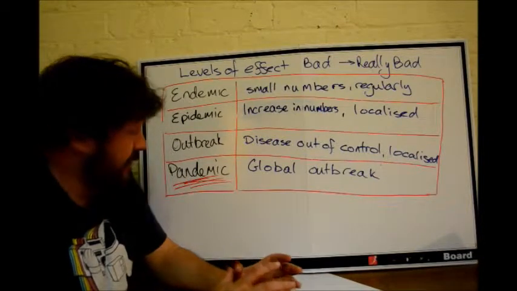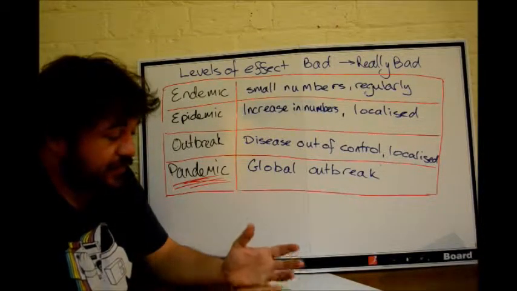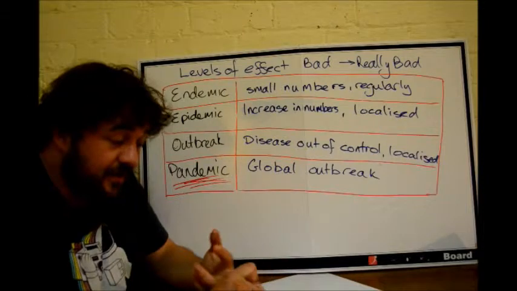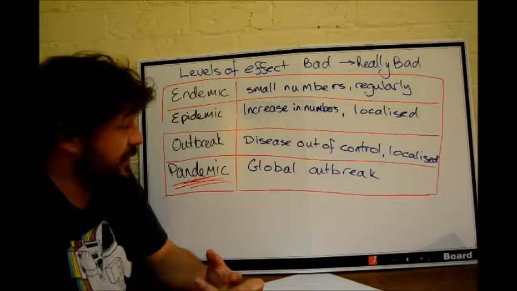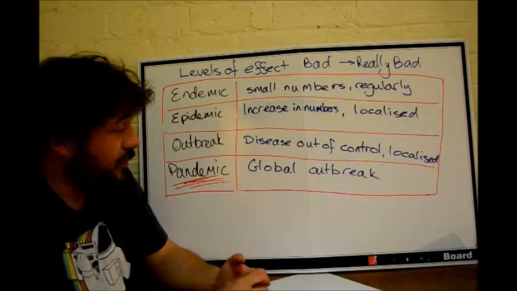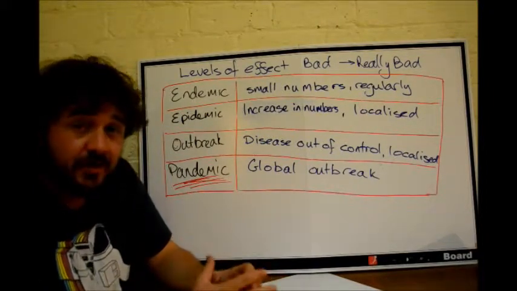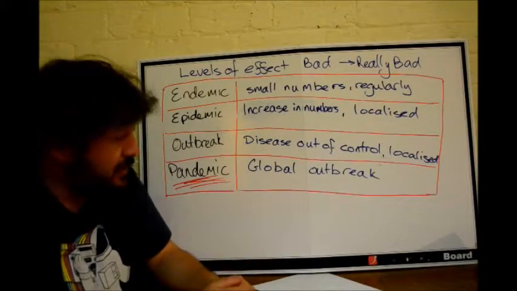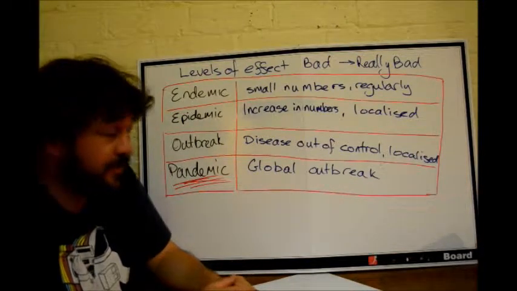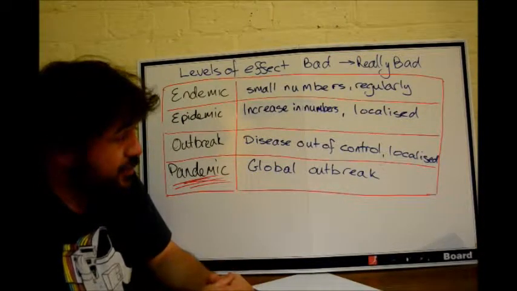The time when you freak out, and this is where we thought we were getting with stuff like bird flu and swine flu, and we did get there with the Spanish flu in the early 20th century, where millions of people died, is a pandemic. And this is an outbreak, but on a global scale. Those are our words. Hopefully you can put those together with some context,